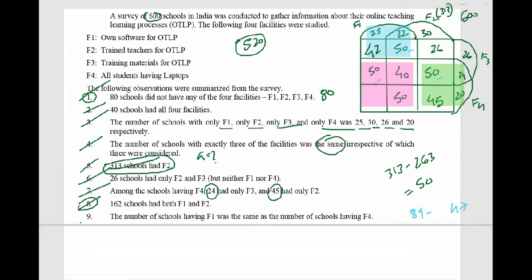So almost every data we have got except this one. How to find it out? Again, don't use a variable. This total is 330. This total must be 520. This is 330, 313. This is how much? 67. Right? 313 plus 67 is 380. Plus 50, 430. 450. Plus 50, 500. So this must be 20. See the entire solving.